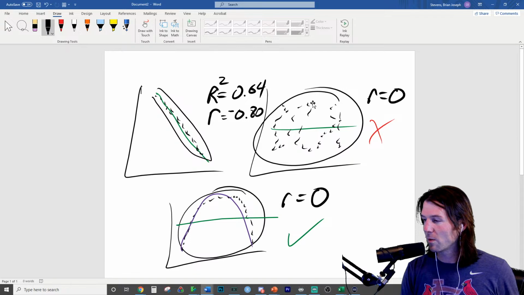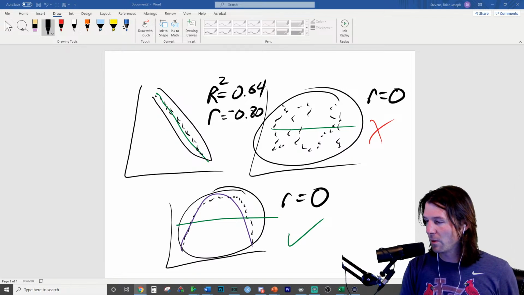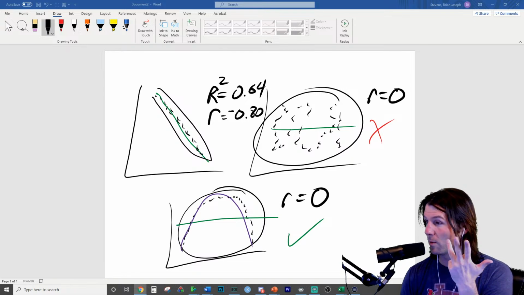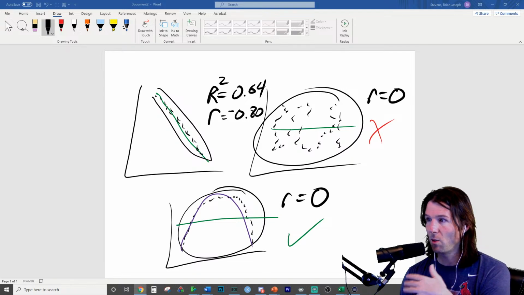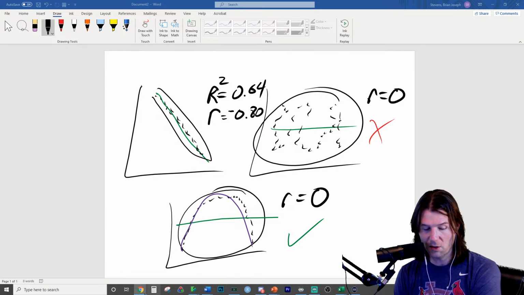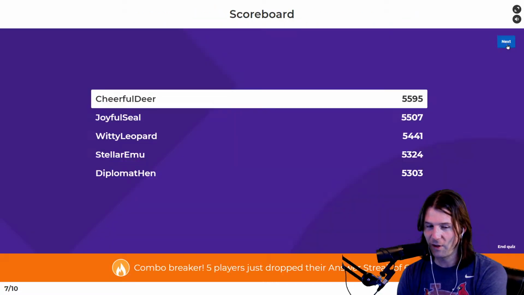Great work. We're gonna throw another 50 points out. We got a smaller group today, but the interaction today is really awesome. Lots of great answers, lots of really good practice in remembering strength, direction, form, unusual features, QQ, straight enough, no outliers, understanding what these concepts mean and applying them, practicing things like r squared. Very important concepts, and that's what we do on these Kahoots, we just practice up our knowledge, and I am so glad to have you here.